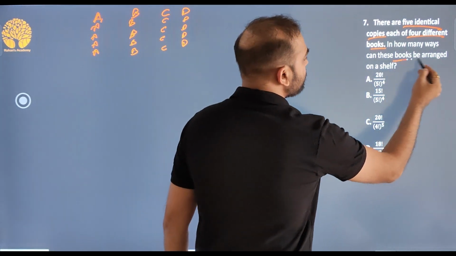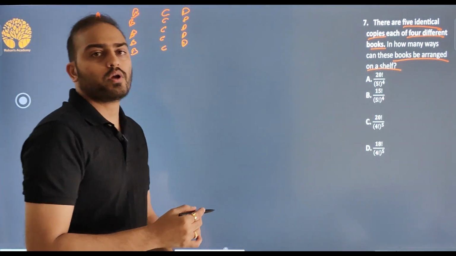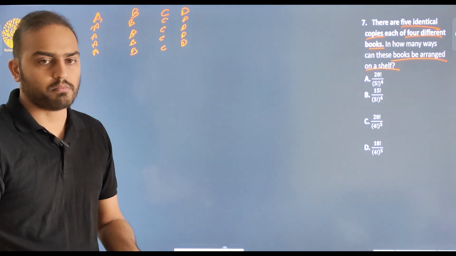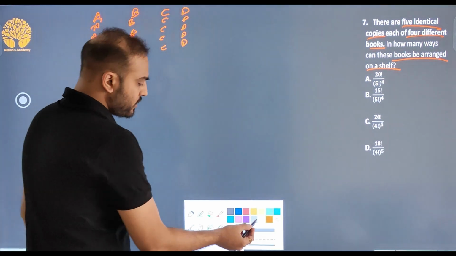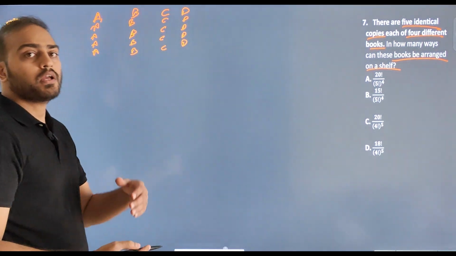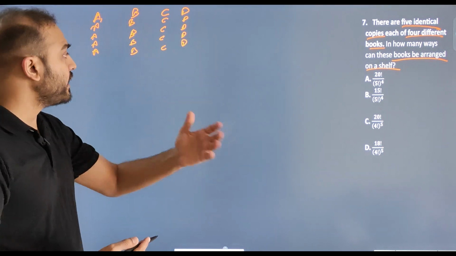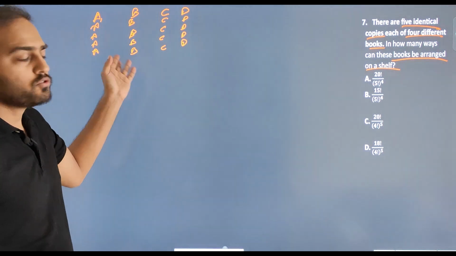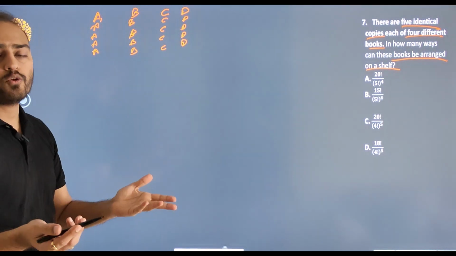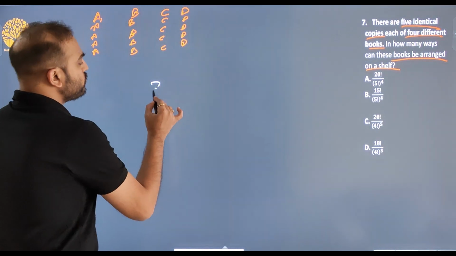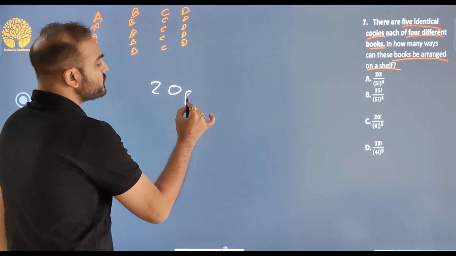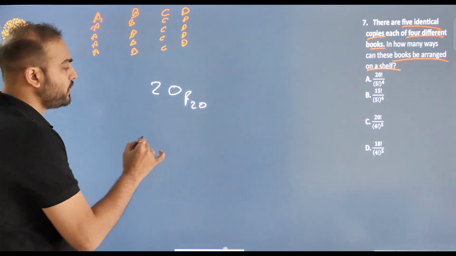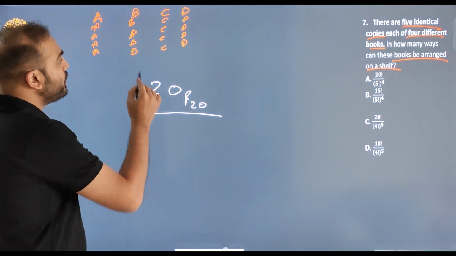I want to arrange them on a shelf. How many ways is it possible? If I have 20 books and I want to arrange all of them, again there is redundancy because these 5 books all look alike. Even if I interchange them, I don't get a new case, right? So 20 books to be arranged in 20 places, that's 20p20, divide by